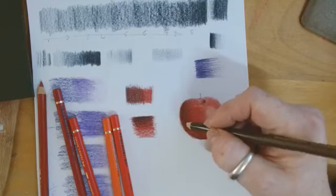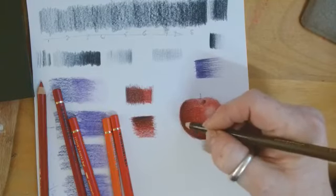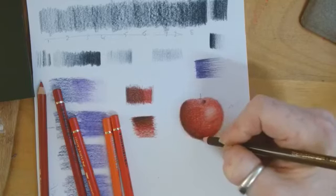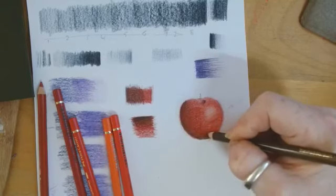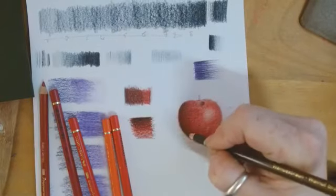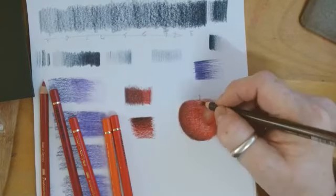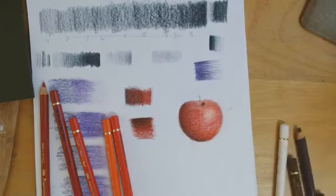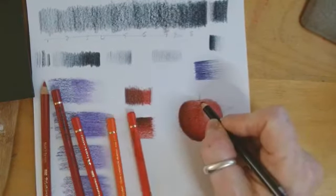If I was to spend a little bit more time, it'd look a bit more realistic, but at the moment I'm only just showing you how they work. And I think the problem is I never really have this time on TV to work, so